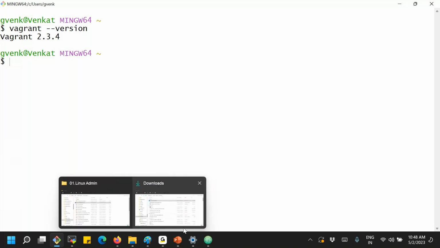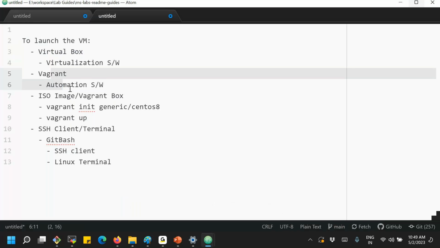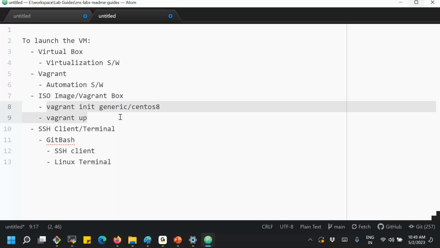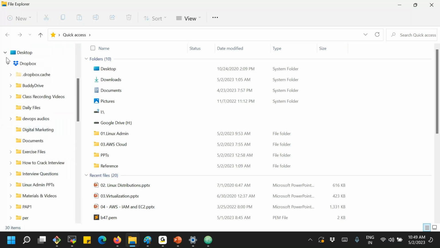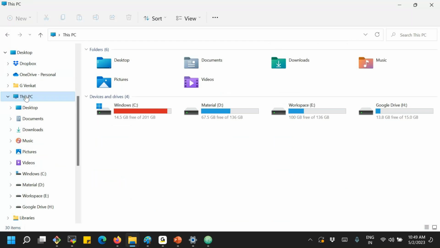So the Vagrant init commands, whatever we are planning to do, two commands. Before running that, choose one folder, one directory in your Windows system. That is the C drive or the D drive. Suppose we'll be having those drives, right? So in your system, if you go to the This PC section, it will have a C drive or D drive or E drive. Choose one of the drives.